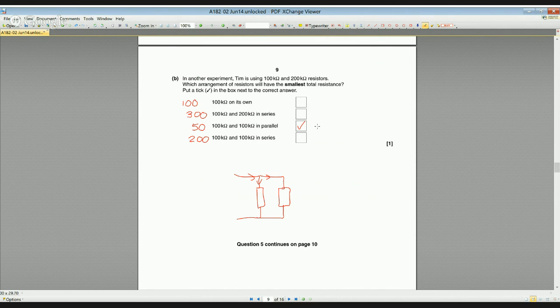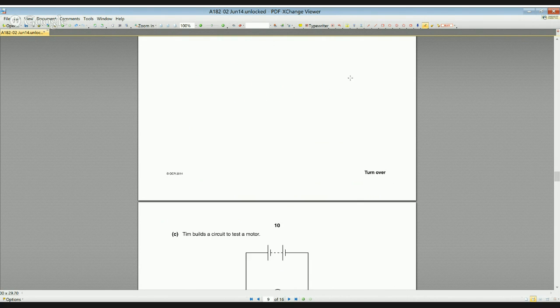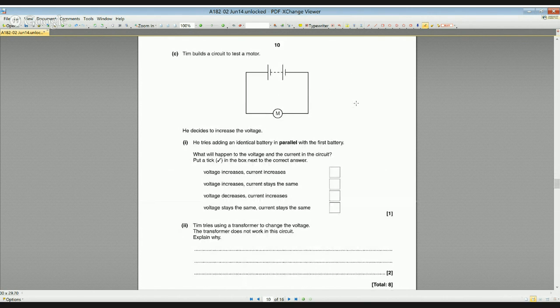And moving on to the final part of question 5, Tim builds a circuit to test a motor. He decides to increase the voltage. He tries adding an identical battery in parallel with the first battery. What will happen to the voltage and the current in this circuit? Put a tick in the box next to the correct answer. So this is equivalent to him putting another battery up here